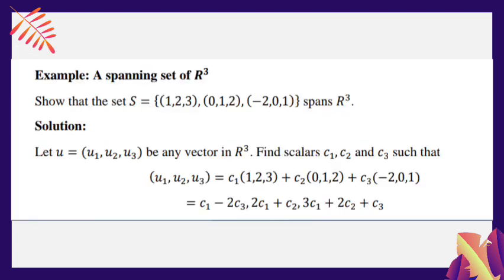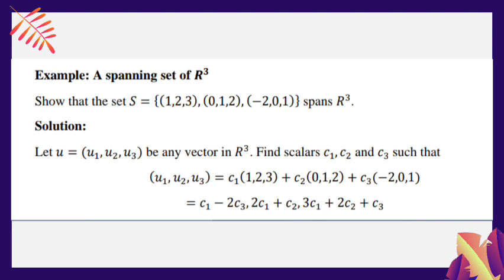Another example, a spanning set of R3. Show that the set S equals {(1, 2, 3), (0, 1, 2), (-2, 0, 1)} spans R3. Solution. Let u equals (u sub 1, u sub 2, u sub 3) be any vector in R3. Need to find the scalars c sub 1, c sub 2, and c sub 3 such that (u sub 1, u sub 2, u sub 3) equals c sub 1 times (1, 2, 3) plus c sub 2 times (0, 1, 2) plus c sub 3 times (-2, 0, 1), and then distribute, then proceed to